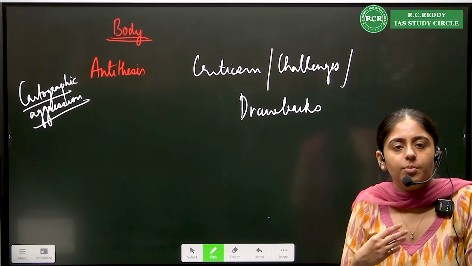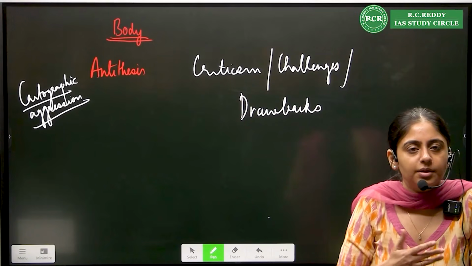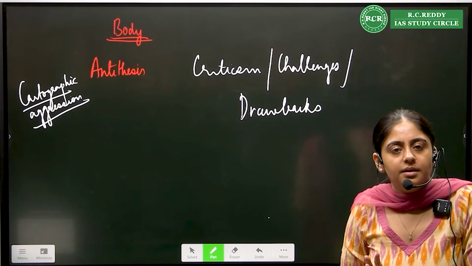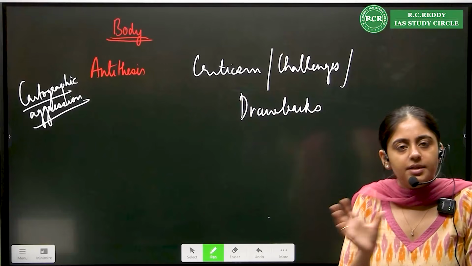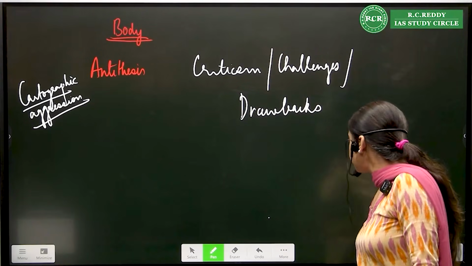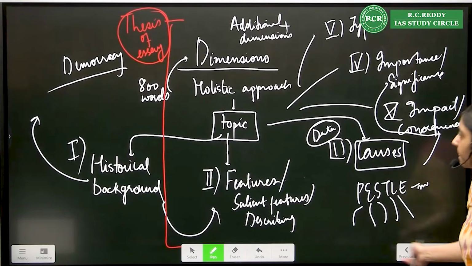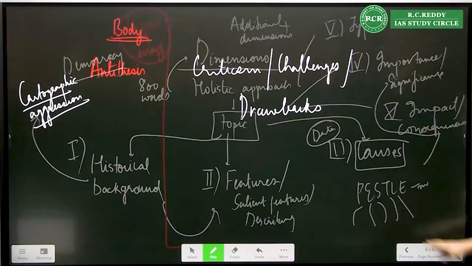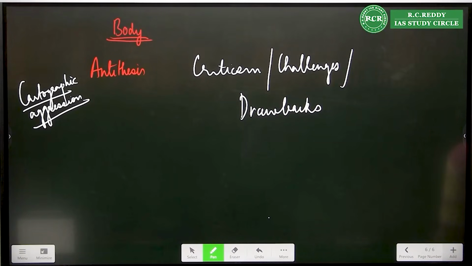Now, obviously, essay topics will not be one word like write an essay on democracy or write on obesity. There will be a full sentence, and based on that sentence, your dimensions will fall. But every time you have to make sure that if you are giving a thesis, a picture, its opposite stance is very important. That needs to be compulsorily included in your essay. Otherwise, your essay remains incomplete.